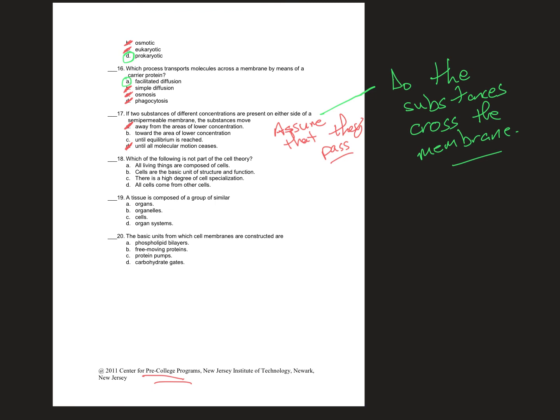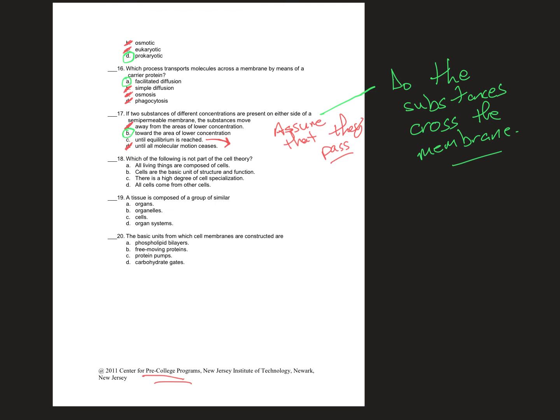So we'd expect that they would go toward an area of lower concentration. We'd expect that would happen. But they would do that. Would they do that until equilibrium is reached? Well, again, they assume that you'd have to interpret this